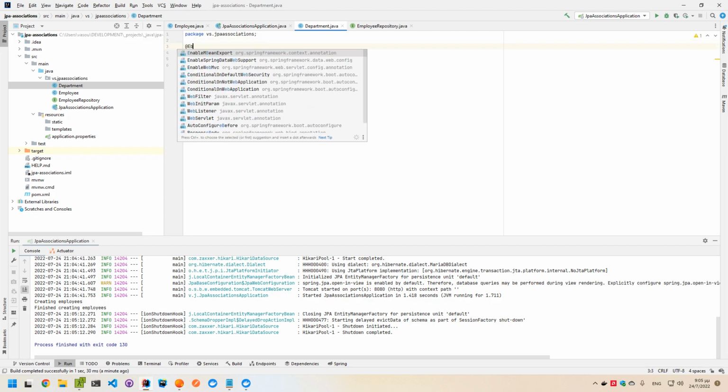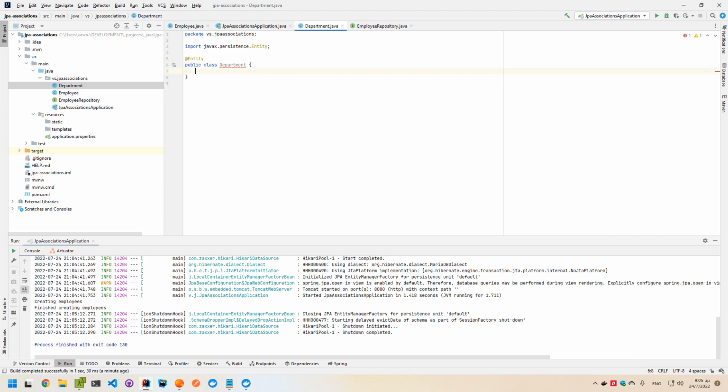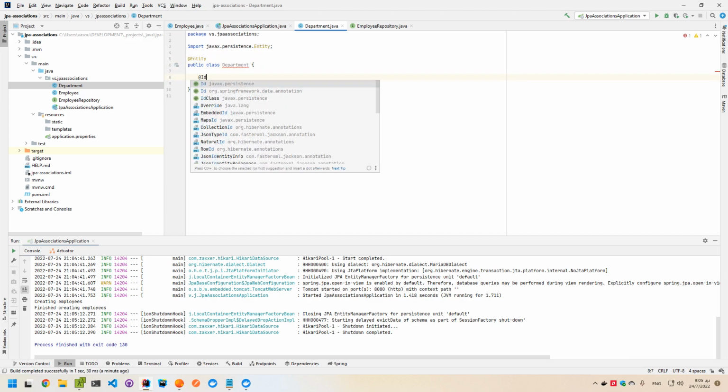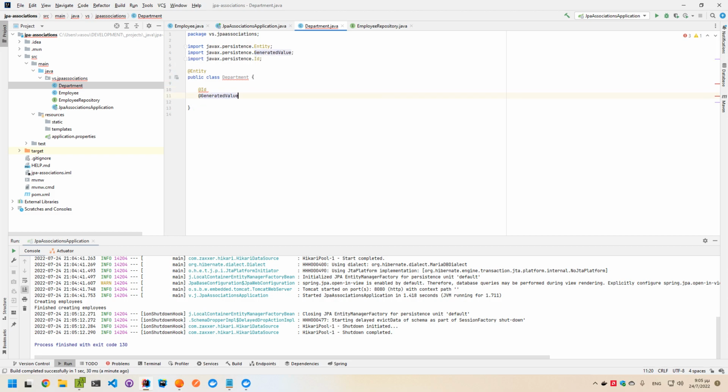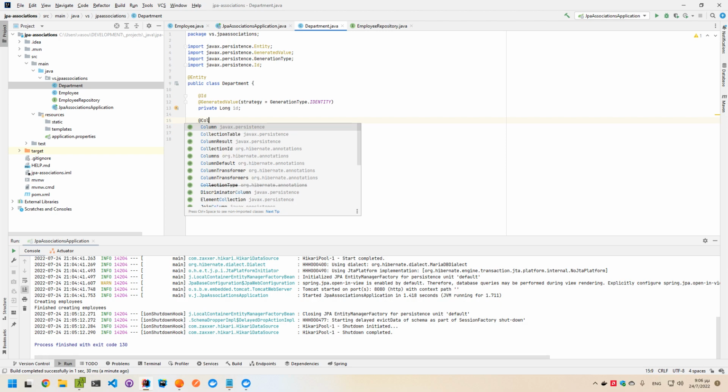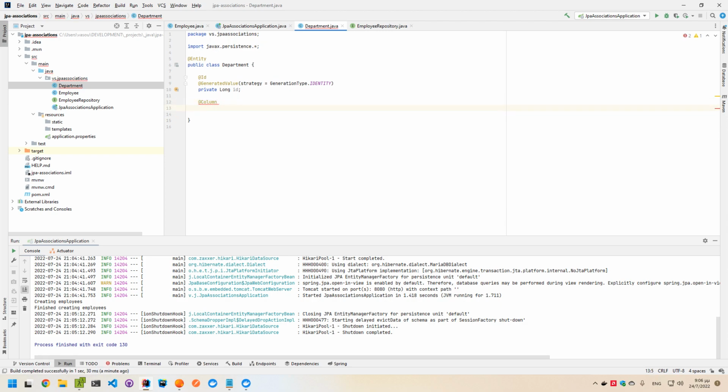This is another entity. So we need an ID again, generated value again, strategy identity again, private long ID. Perfect. So here we just need the column which will be a private string